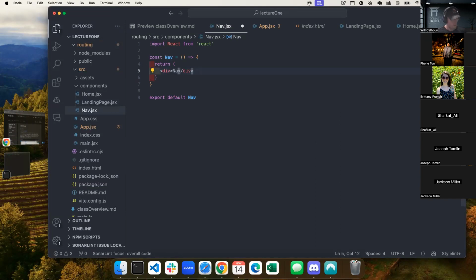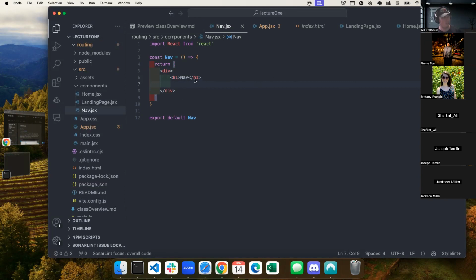Great. And so in this, maybe I'll say h1 nav bar. And then I want to be able to click in and out, so if I want to go between home and landing page, I can do that.